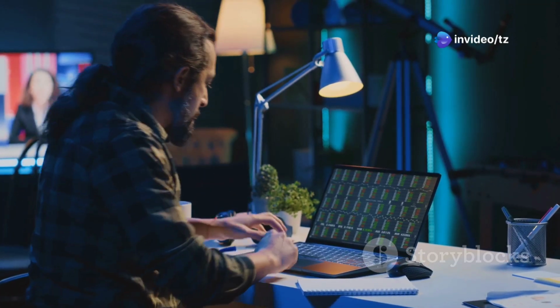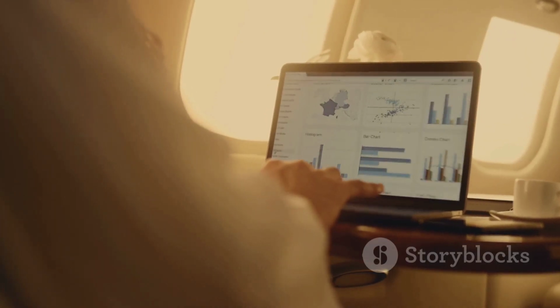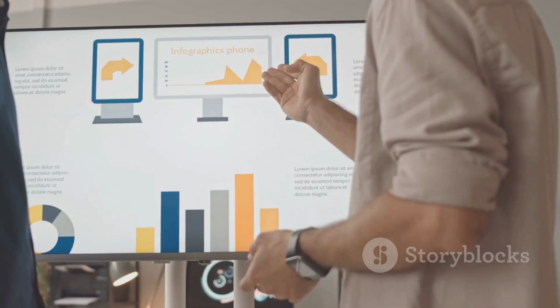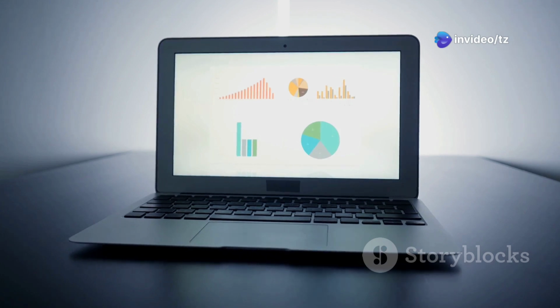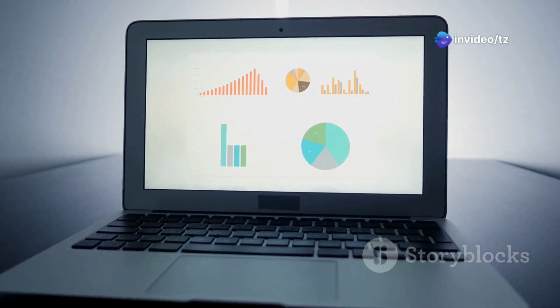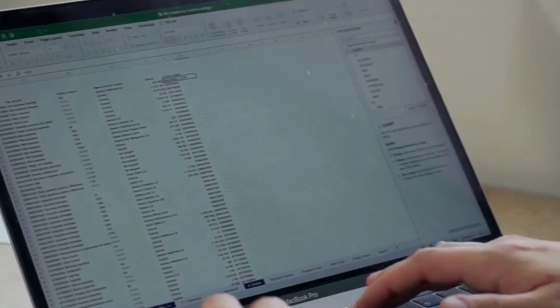We're about to dive into something super practical today. Excel. It's the tool everyone uses, but not everyone really knows how to use it. So we're gonna change that. We're talking about the top 20 free AI tools that'll completely change your Excel game, make you faster, smarter, and way more efficient. Whether you're crunching numbers all day or just need to organize your life, these tools are game